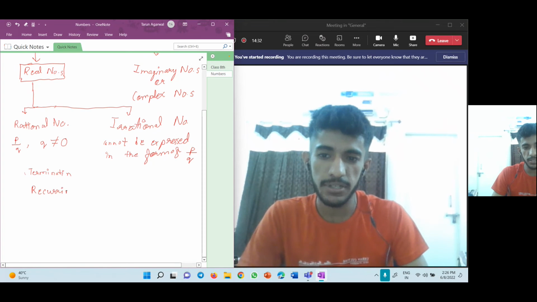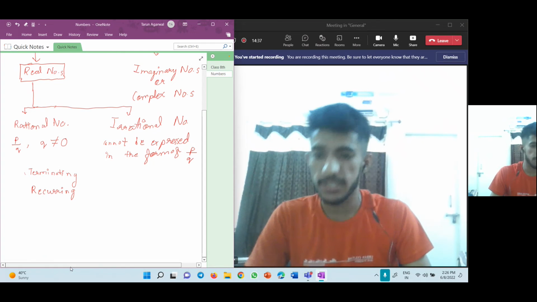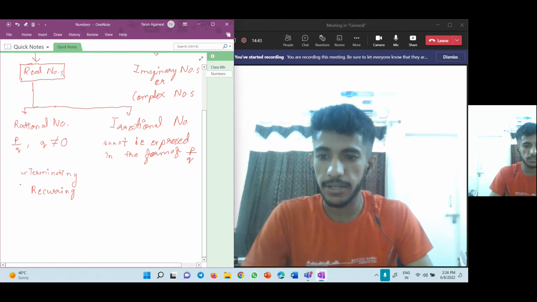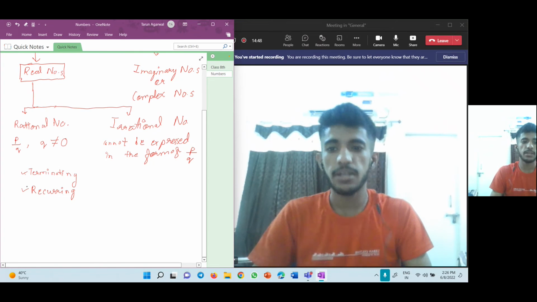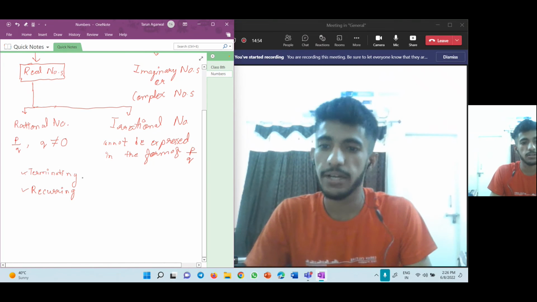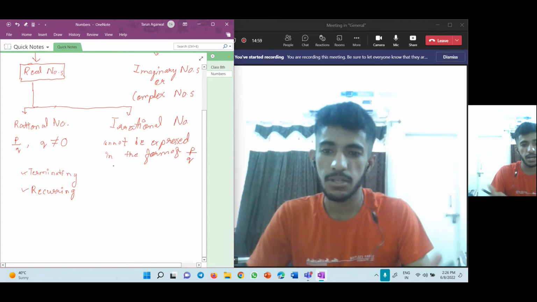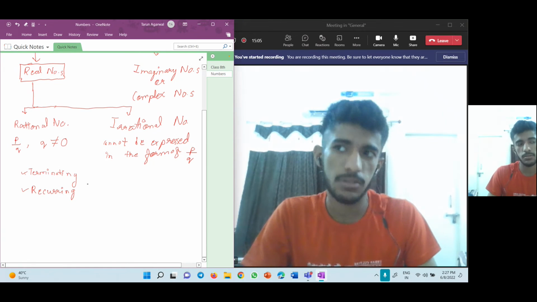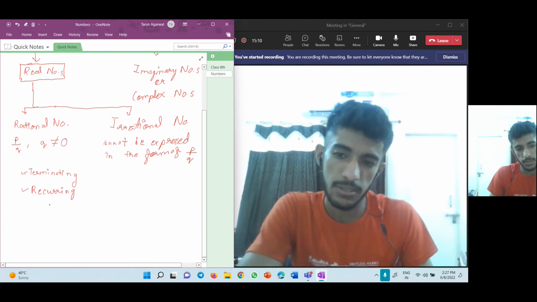As the name itself suggests, terminating is the number which terminates. For example, we'll see later on. And recurring is just the opposite of terminating. It means a particular set of numbers or a single number which appears again and again. Then, to illustrate further with a better example, let's take a number like